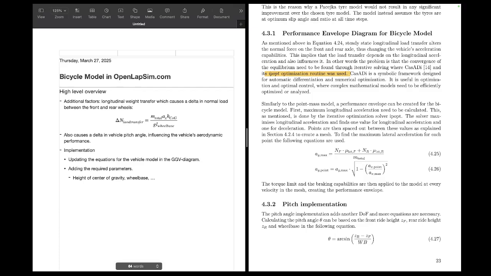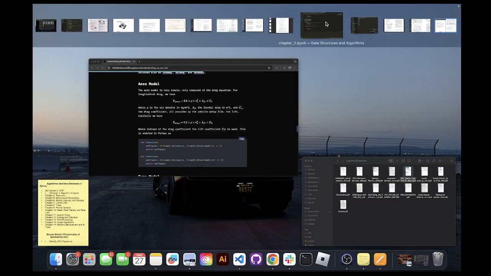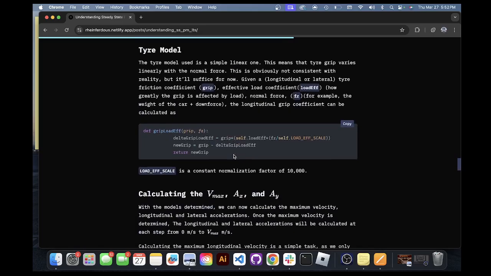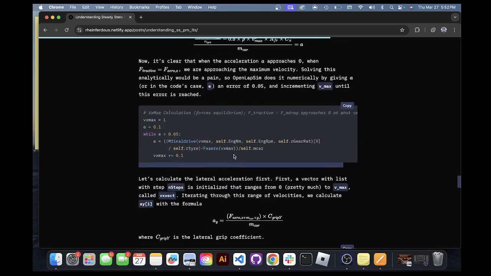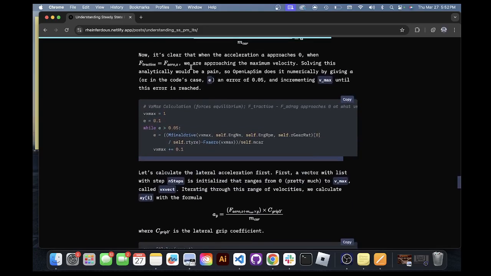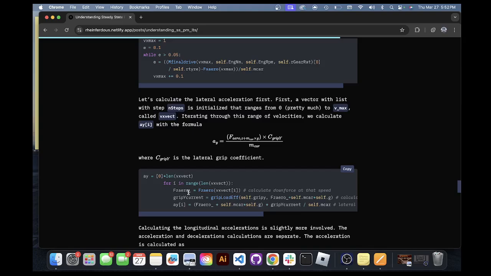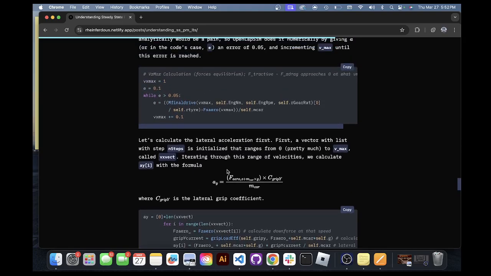Maybe we don't need to use, I don't know, because what happened with this code, like in our case, how it was calculated was with an error right here. The lateral acceleration. Since the lateral acceleration is a function of,